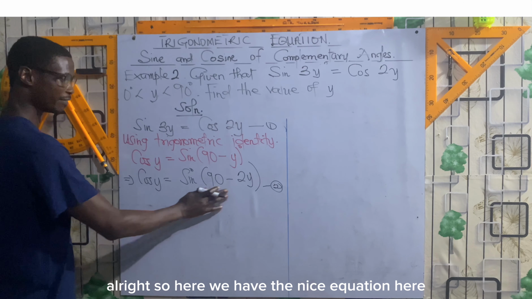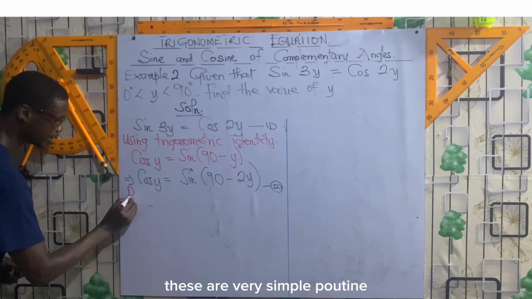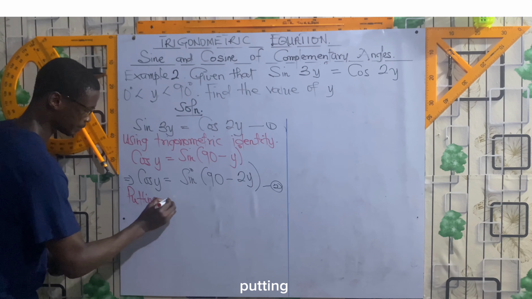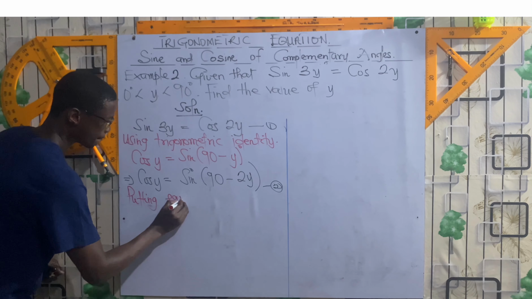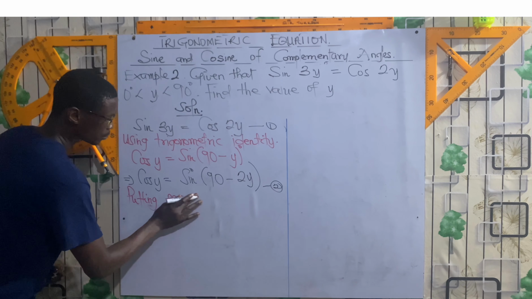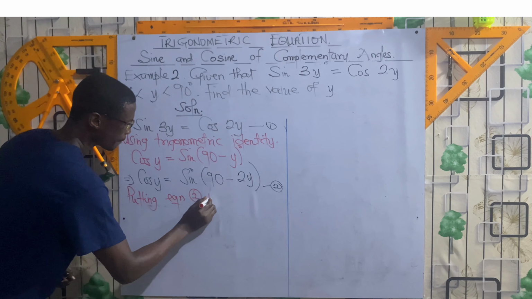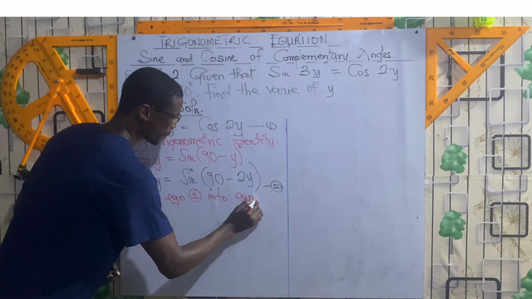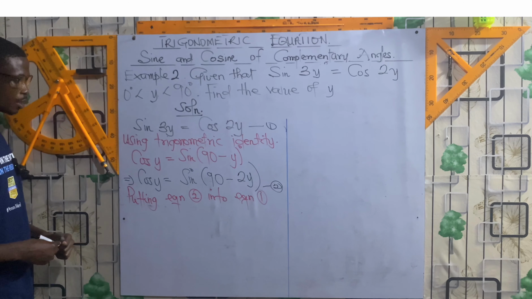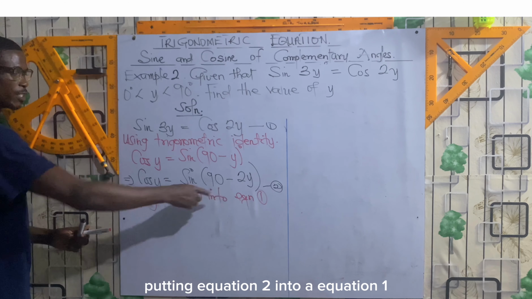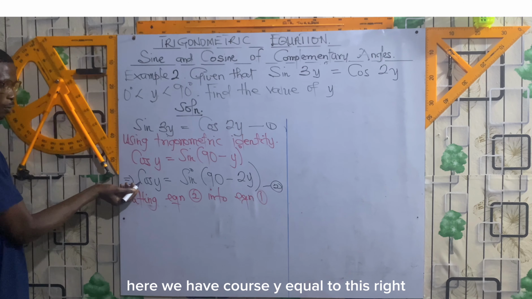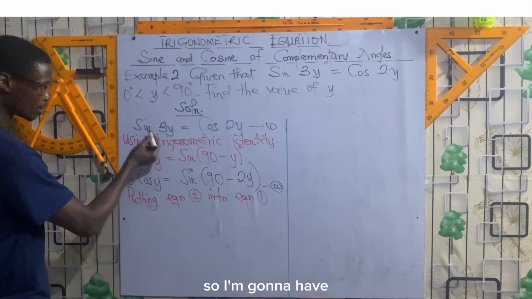Okay. So what is the next step? We say what? Putting. This one is very simple. Putting equation 2 into what? Equation 1. So what is our equation 2 here? We have cos y equal to this, right? So I'm going to have